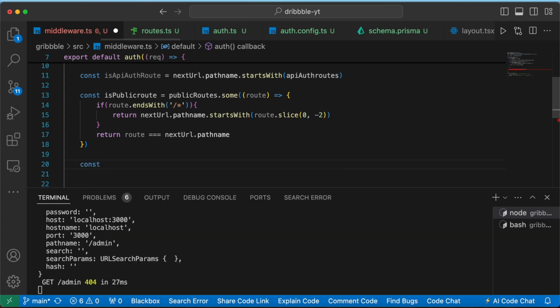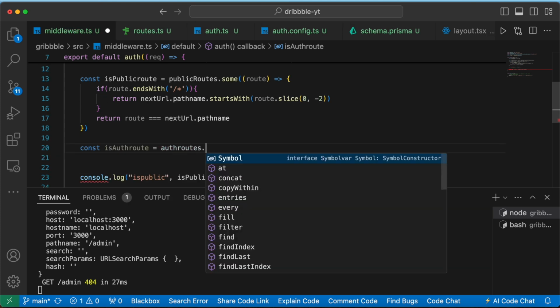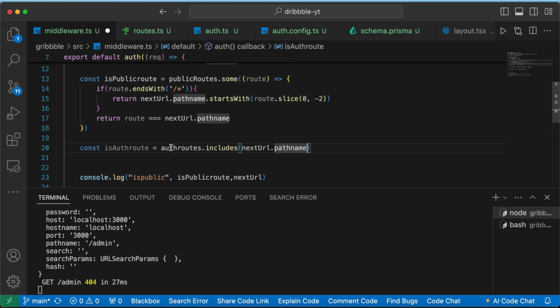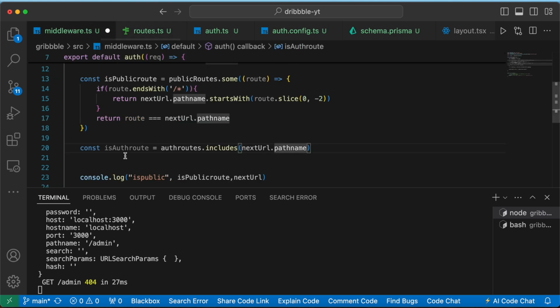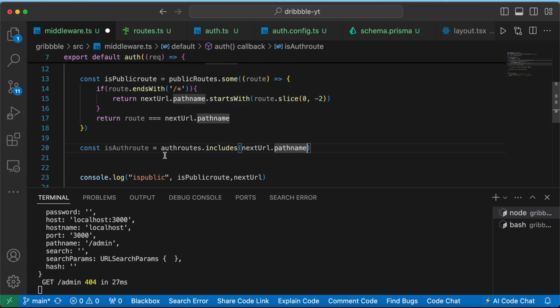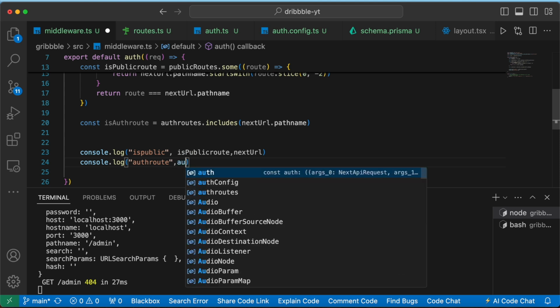So we can write isAuthRoute is equal to authRoutes.includes, and then we pass nextUrl.pathname. We are going to compare this pathname with our auth routes here, and if it matches any of these routes, we get a true value, otherwise a false value. So this will also give us a boolean. Now if I console log this as well here, isAuthRoute, let's say, and remove this and write isAuthRoute,